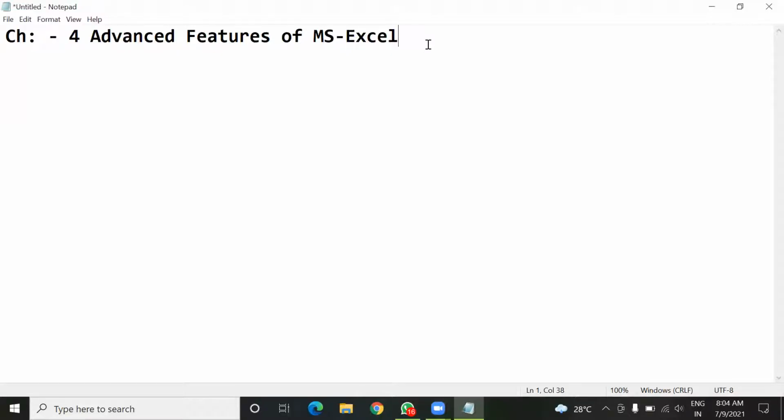Okay, so the name of the chapter is Advanced Features of MS Excel. You have already seen about MS Excel from the previous two chapters. In MS Excel, you can now use formulas and functions. You have seen cell references. In chapter 3, you have seen different types of charts in MS Excel. But in this chapter 4, we have to study some important features of this MS Excel application software. Okay, so the first feature given here is sorting.